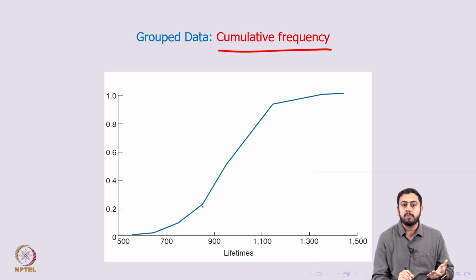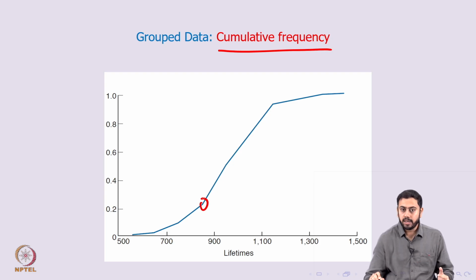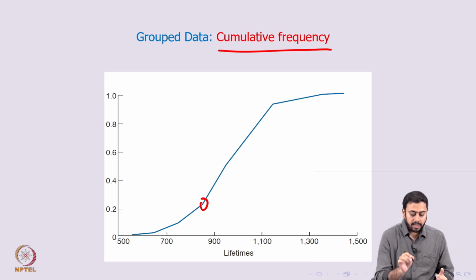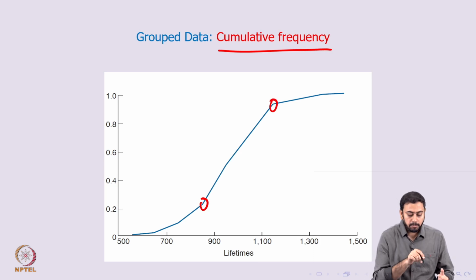Now what exactly I mean by activity being picked up is that if you observe this point, can you see a steep rise in the cumulative frequency chart after that point, which means that more and more bulbs having a lifetime of, let's say, at least 800 hours are there in the data set. So from 800 hours all the way up to roughly 1100 or slightly more, you have a larger chunk of the data set, since the cumulative frequency is being picked up from 800 all the way up to 1100. But after 1100, if you see, the line converges and converges to 1,